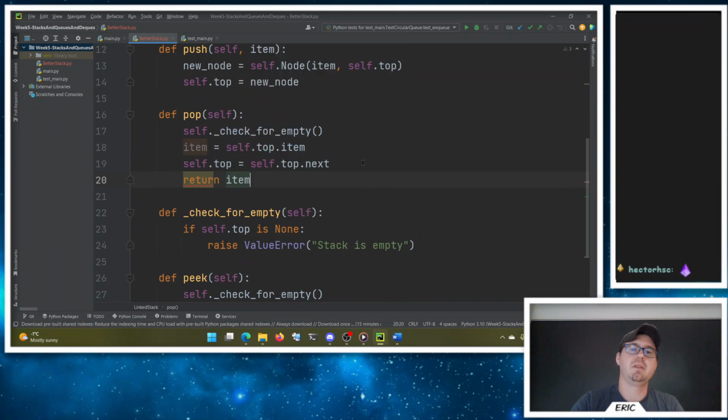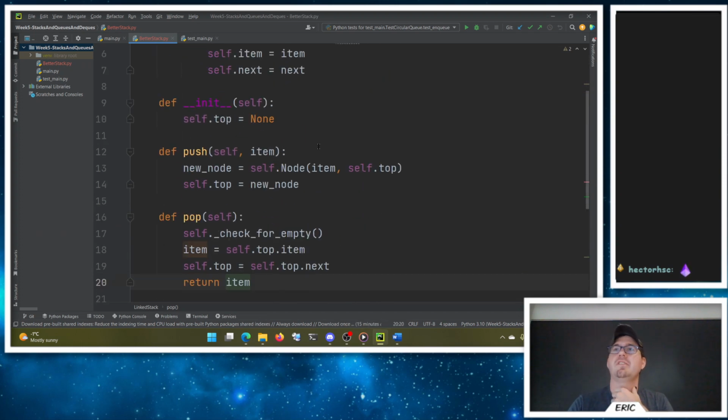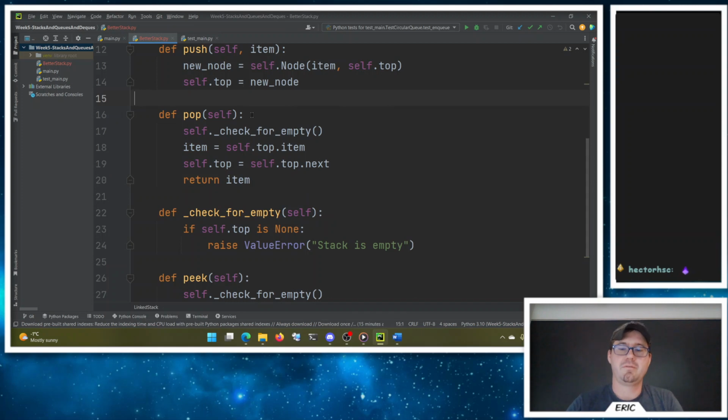Grab the item, change your top, because we need to make sure we have this before we change top, because otherwise we're going to lose it, right? And then we can return it. Well, that's it. This is our linked stack. So performance-wise, for popping here,